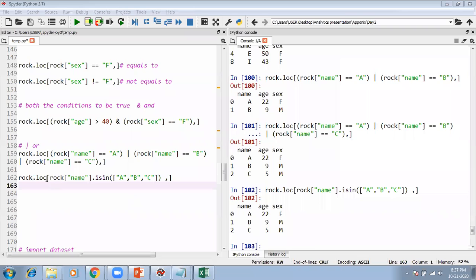Function means something with which you are going to do some task, like with equals to or LOC. These are functions. Okay. Now there is again another easy trick. What if I say I don't want to see ABC, I want the rest? Are you going to write like if is in D, E, F, G, H? No. I don't want to see ABC.